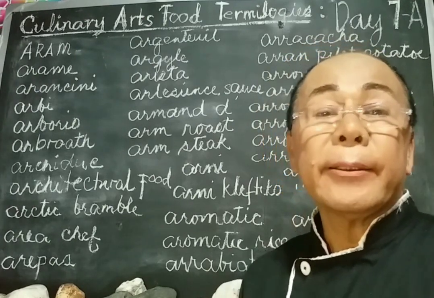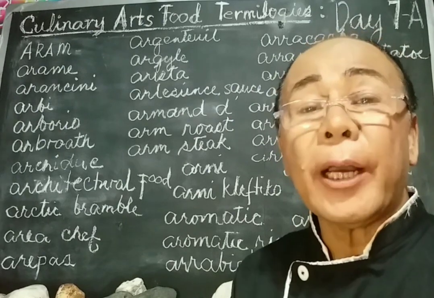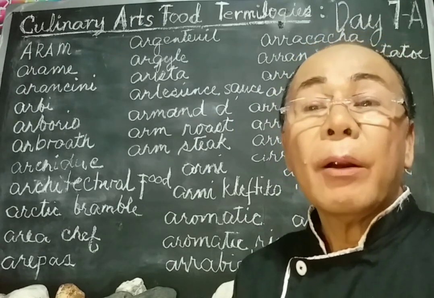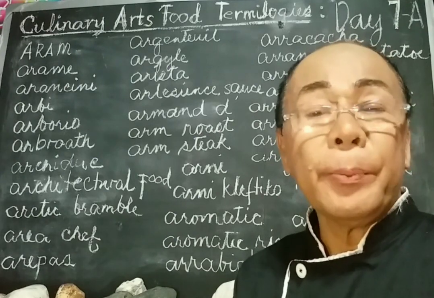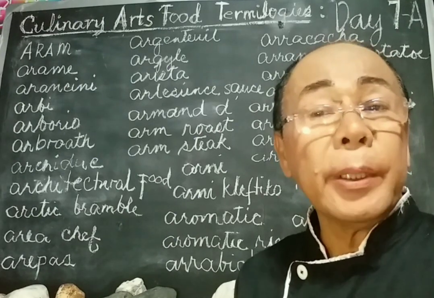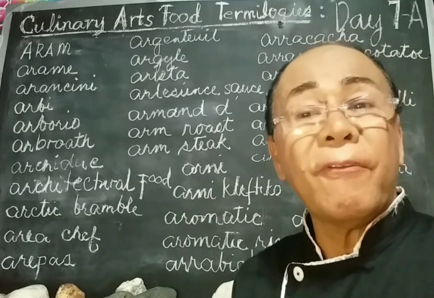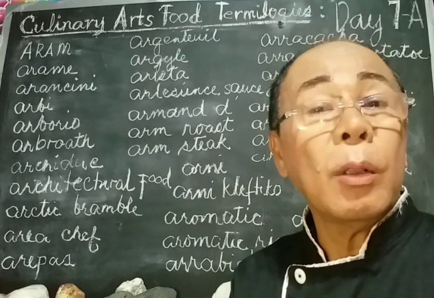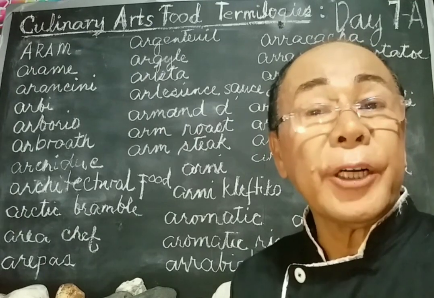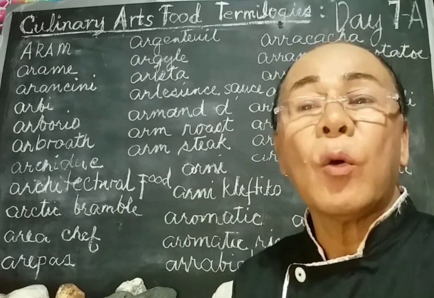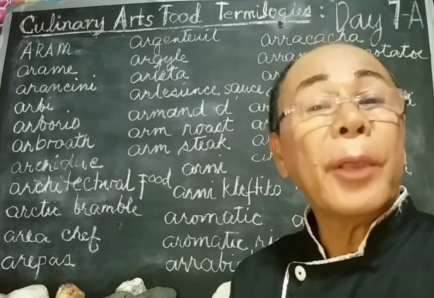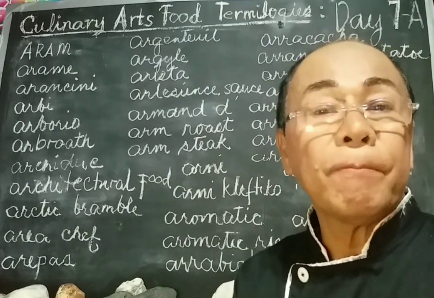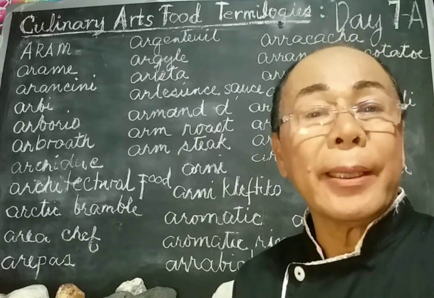Arni is a term referring to a Greek dish of lamb rubbed with salt and pepper, lemon, and roasted in a pit over an open fire. Now this next term will be the Arni kleftiko. This word also refers to a Greek dish of lamb cooked in greaseproof paper with peas, carrots, tomato, and potatoes.